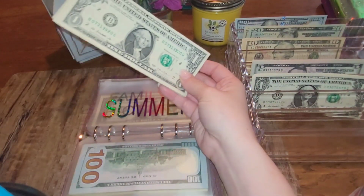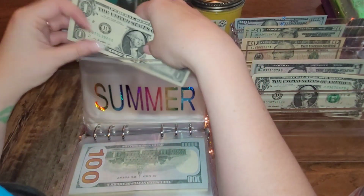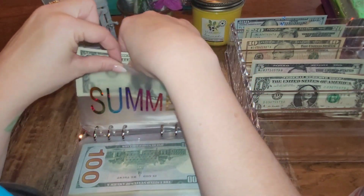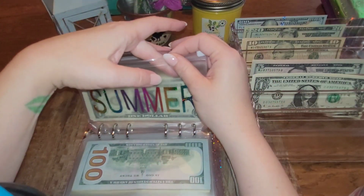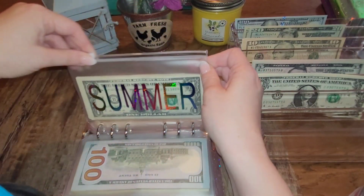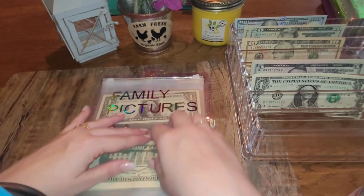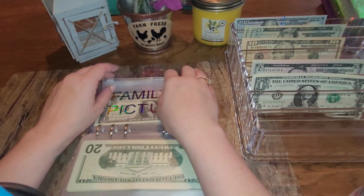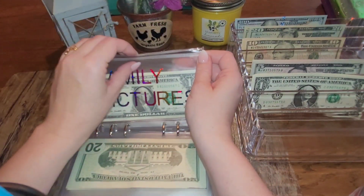And I'm trying to think of a good stopping point for this. I don't know if I'll do 200 or 300. I don't know. But there's 100 in summer, and it'll be for when we do summer events outside, like going to the pool or something like that. Family pictures will be getting